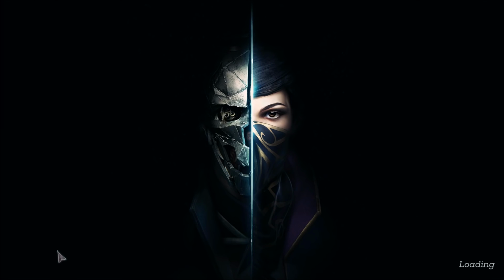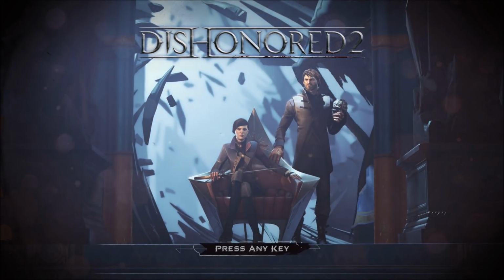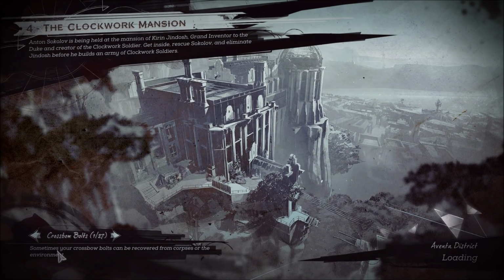Yes, we're about 2 hours into the game. This is going to be level 4. It's called the Clockwork Mansion. And we've got different ways that we can approach this, but this video is going to be focused on using Emily. Yes, the brand new character in the second game. If you haven't played the first game, I highly recommend going and playing it. But this is all about using her, and I'm going for the non-lethal route of basically doing the things that